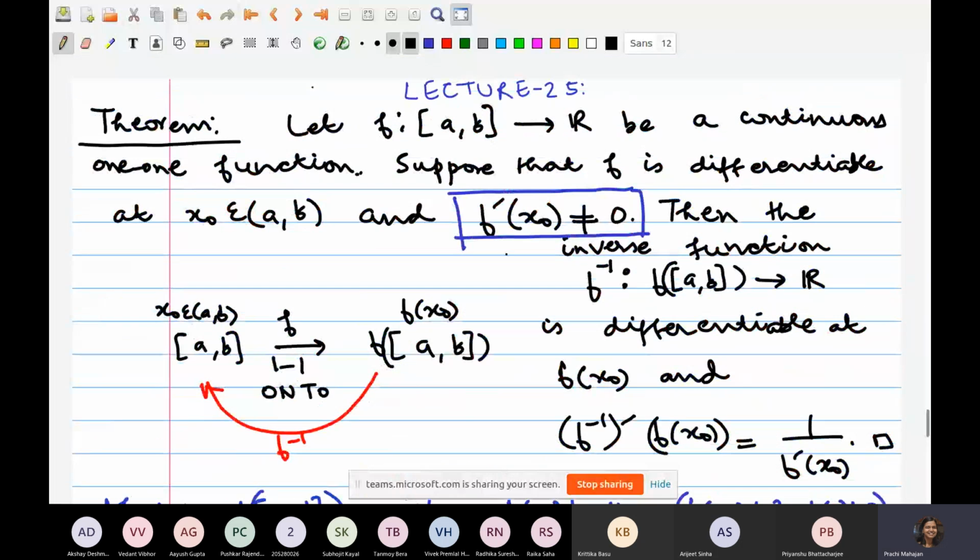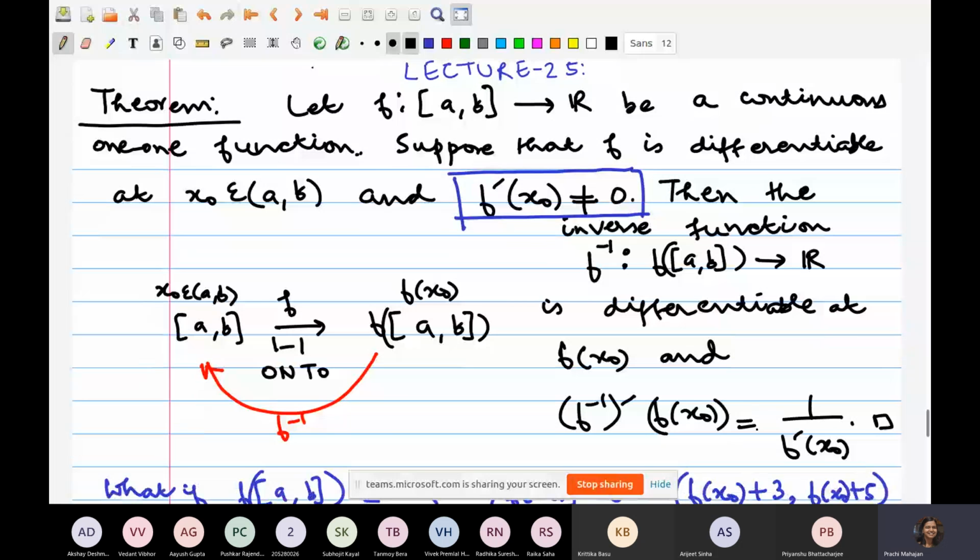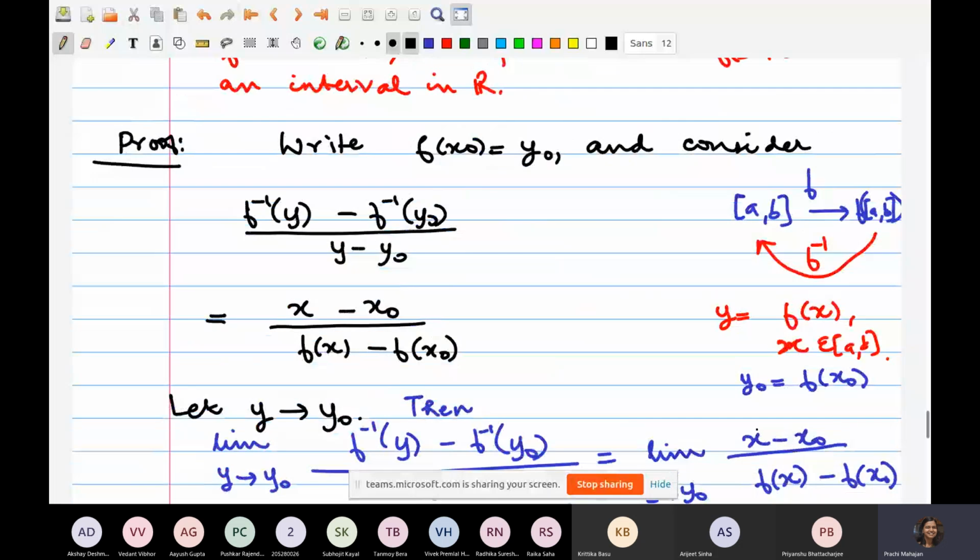So f is defined on a compact set. f is continuous. f is given to be injective. f is differentiable at a point x naught in the open interval (a, b). The derivative of f at that point does not vanish. Then the inverse function is also differentiable, and one can in fact write down the derivative of the inverse function in terms of the derivative of f. You've been using this forever, but let's see,